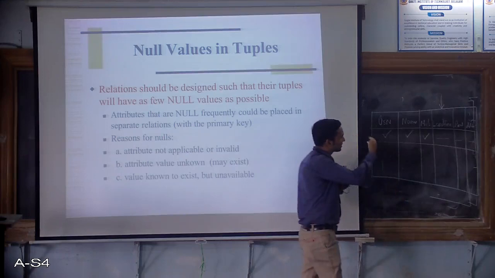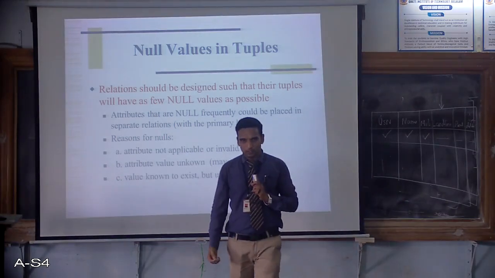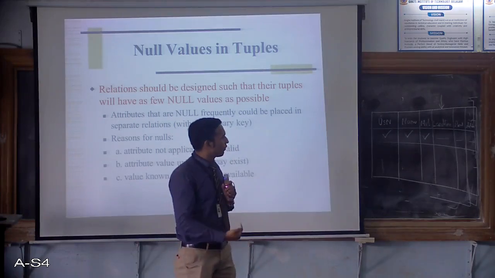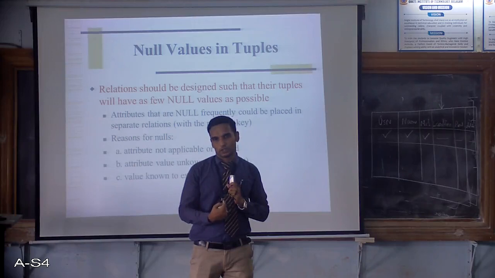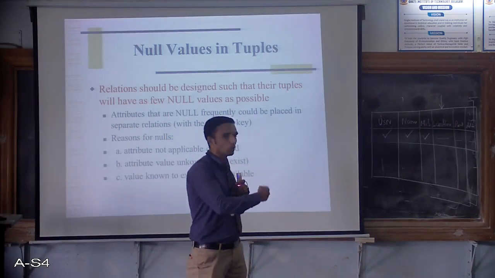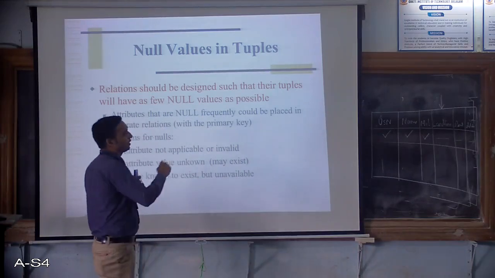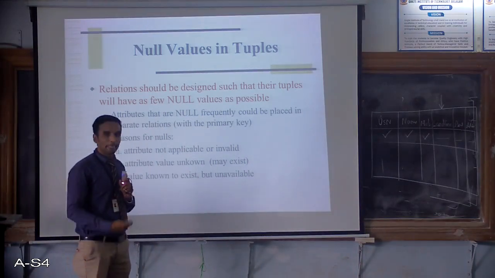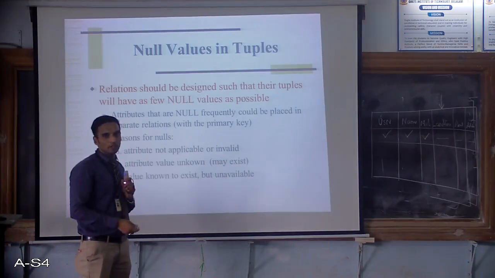So now look at this table. When you insert all the values, the first three you will be filling in, but most times for the landline, for the parents and for the address, you will leave it blank only. So this is not a good table design. What it says is whenever you are doing this, the attributes which are having blank or null, take them out from the main table and push them into another relation.